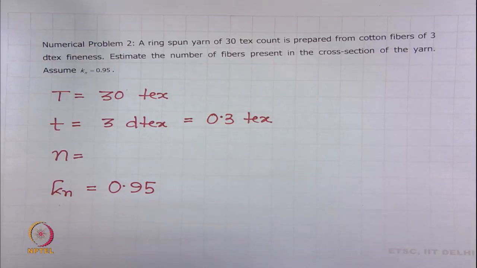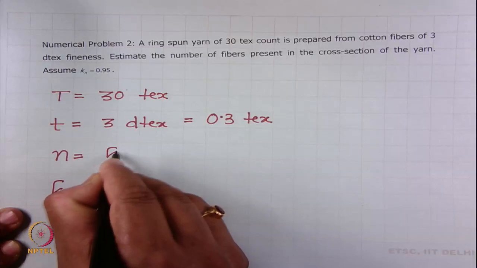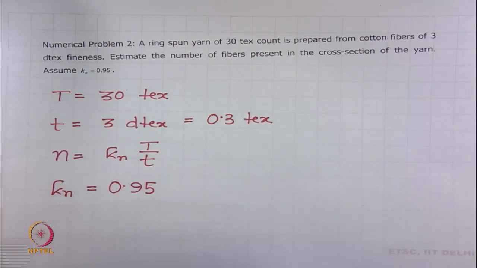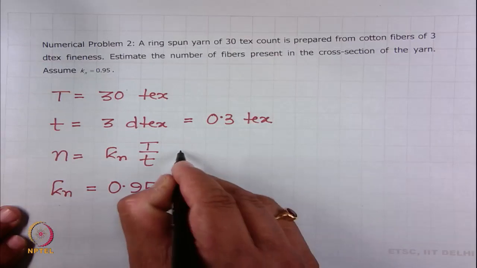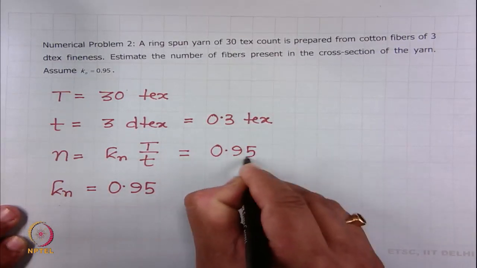So, how will you find out this? We know n is equal to k n times capital T by small t, we have already derived. So, now k n is given, 0.95